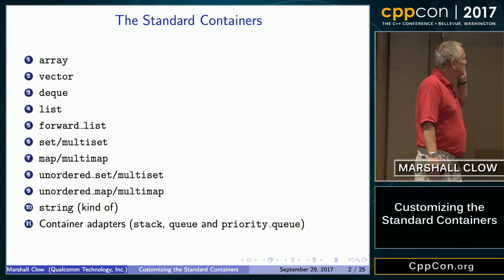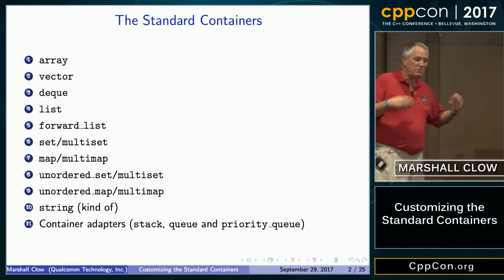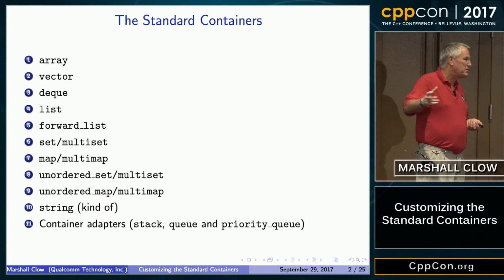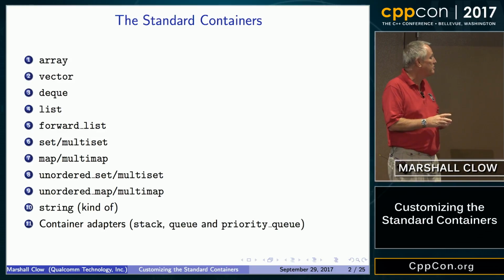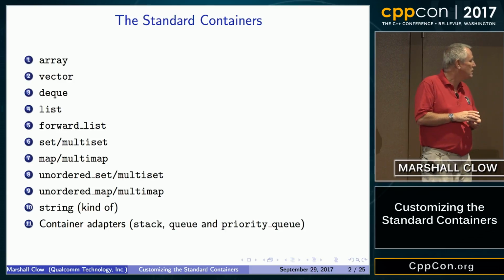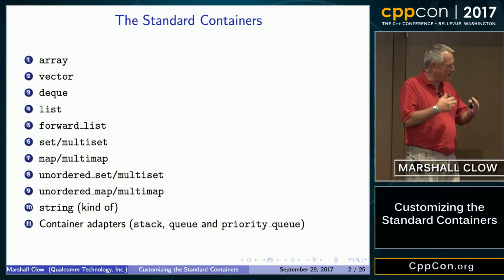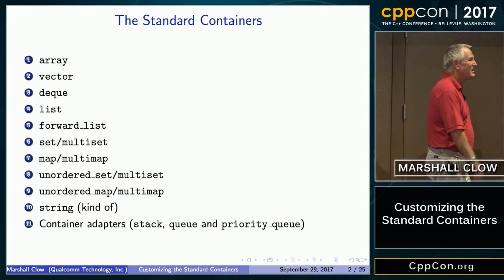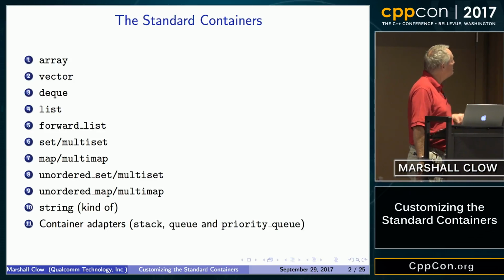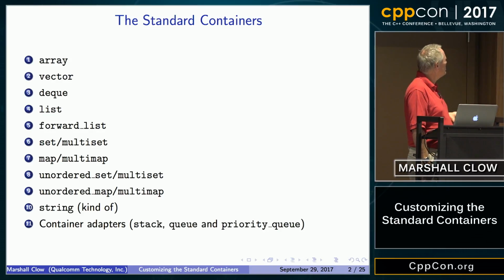By the way, as an aside, I'm a big fan of the container adapters, and it seems a shame that we don't have more of them. So if you have an idea for a container, you might think about whether you can do this as a container adapter, reusing all the functionality in, say, deque or vector. I recently tried to write a circular buffer on top of a container and just decided the semantics didn't quite match, but it was really tempting. I got really close. But anyway, these are the standard containers: array, vector, deque, list, forward list, set, multiset, map,